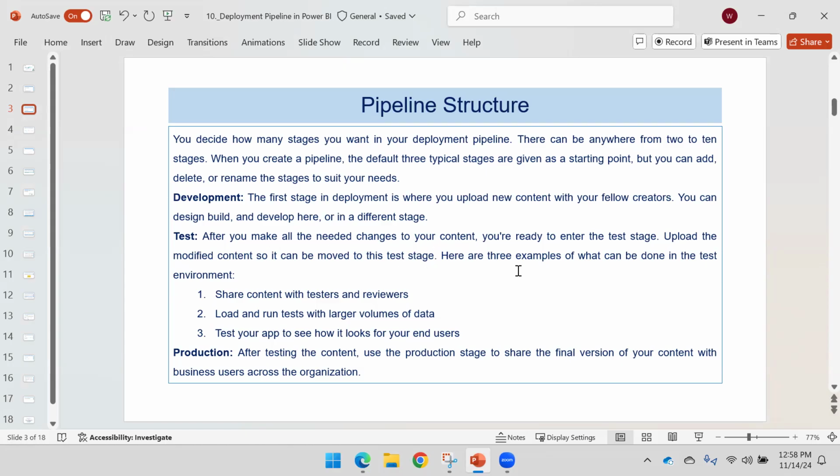So here there are three examples of what can be done in the test environment. So share content with testers and reviewers. At the beginning, after the development, you will share the content to that specific workspace, meaning that stage. Okay, so we will go through the stages. So at the test stage, or at the tester step,